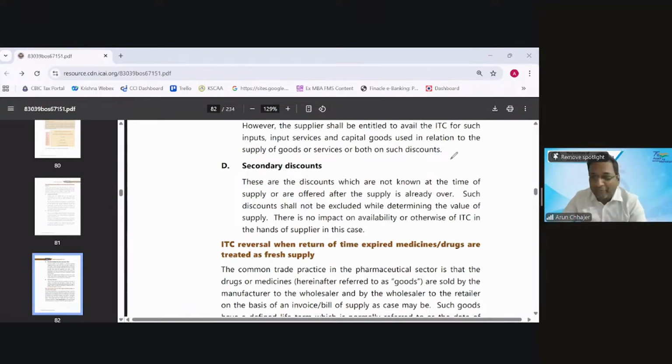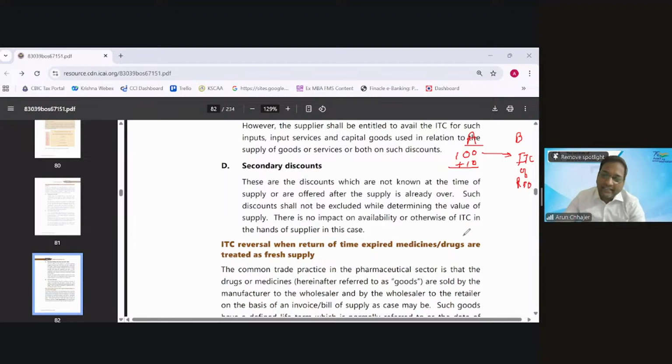You tell me, a very good important point. I have raised an invoice of rupees 100 by charging GST of rupees 10 to my customer. It is A and it is B. Will he take the ITC of 10 rupees? Will he take the ITC of 10 rupees? Just a small question I'm asking. Answer is yes. He will take the ITC of rupees 10.